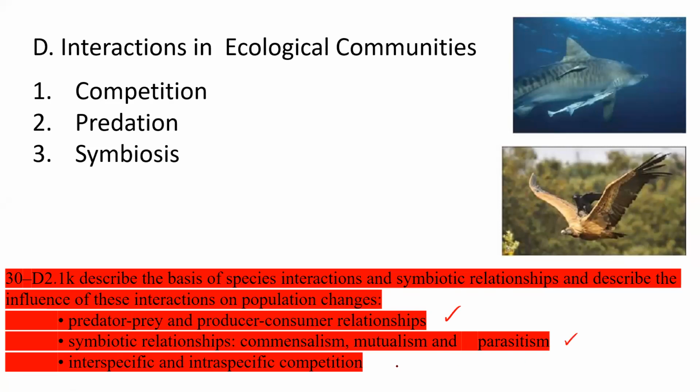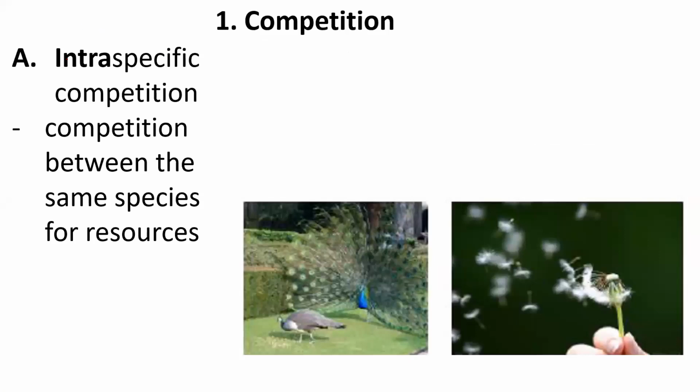symbiosis, and inter-specific competition. So competition, when we say intra, for example, sometimes intrapersonal skills. What that means is skills like how you're feeling about yourself, not interacting with other people, but the intrapersonal nature of how you feel and things like that. Okay, so this is competition between the same species. Okay, intra, within the same species.